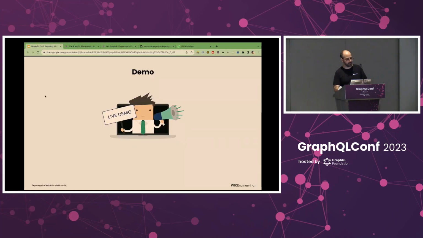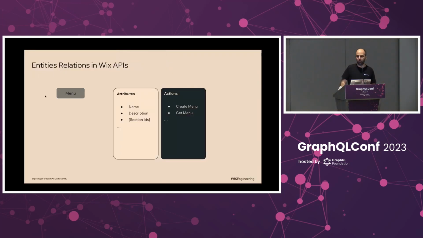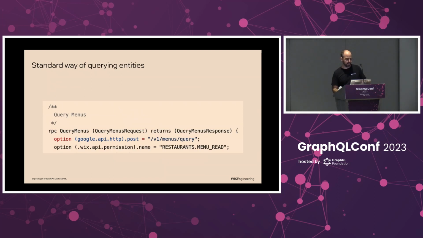Now, putting the demo aside, let's talk about the technical part and how we made it happen. So we spoke about the entity relations. We spoke about the fact that each entity has its own attributes that define it, and it has its own actions. And one thing that I didn't mention, I'm mentioning now, is that every entity has a standard way to query it, and it's extremely important for this implementation. I mean, no matter if you query menu, products, collection, or any other Wix entity out there, there is a standard way to query it. There is a query method that gets a request. You can pass an array of IDs, for instance, and get in response an array of